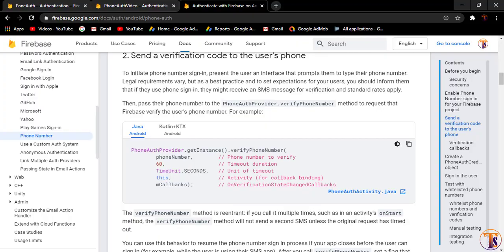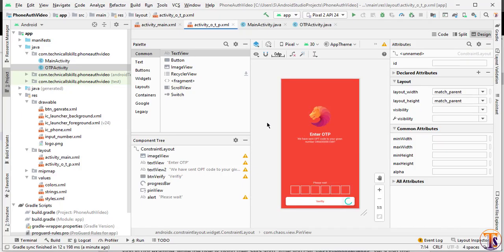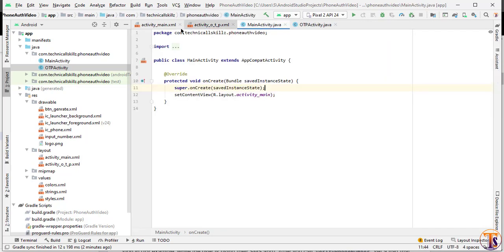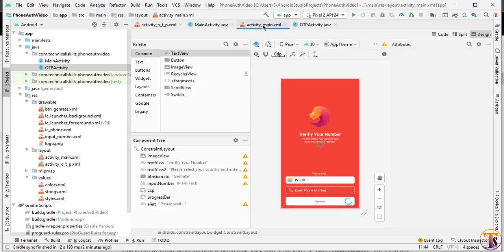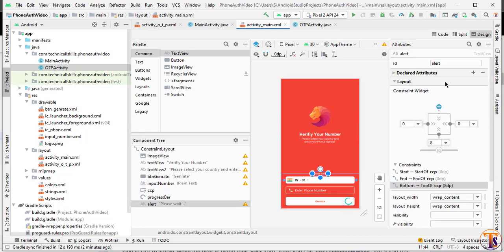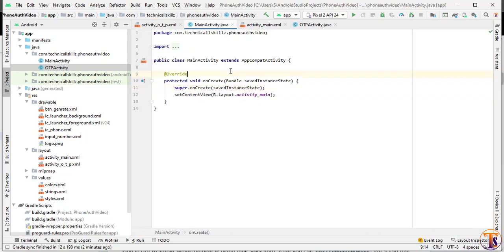Now go to Android Studio and here first we will create the member variables. First we will initialize the variables of main activity. So here we have main activity. We will create them one by one. First one we have alert, which is a text view.